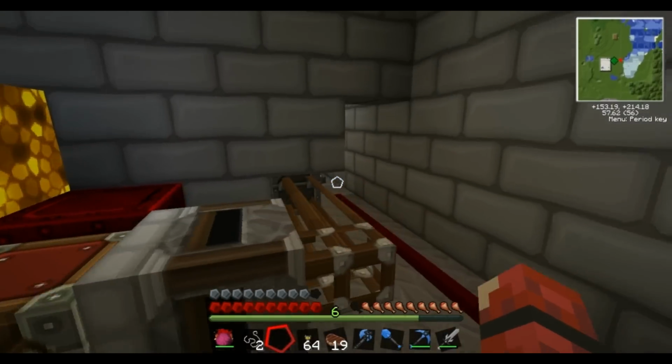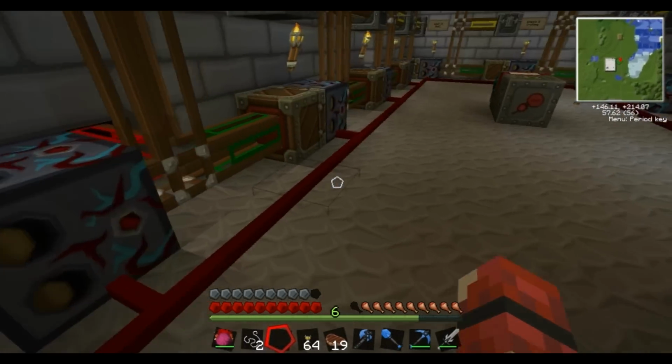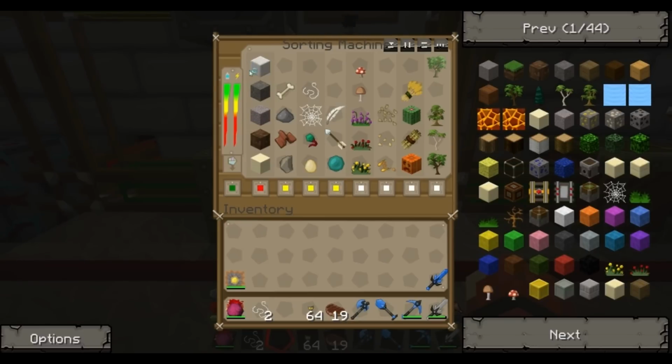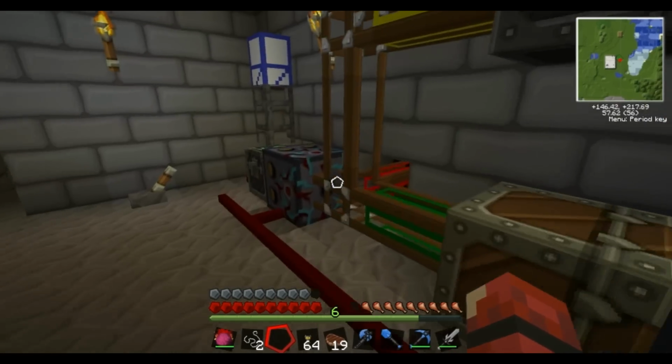So the next set, what we've got here, the red pipe on this one is basically other junk from the quarry, stuff that I was normally putting into my condenser. You've got marble, cobblestone, gravel, dirt and sand. So they all go round,